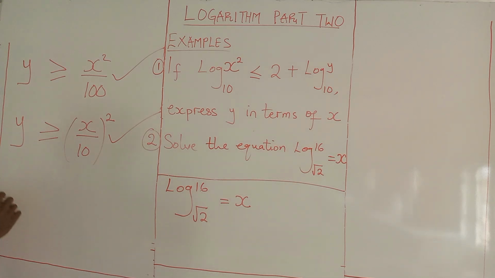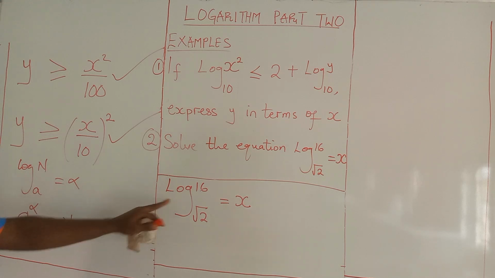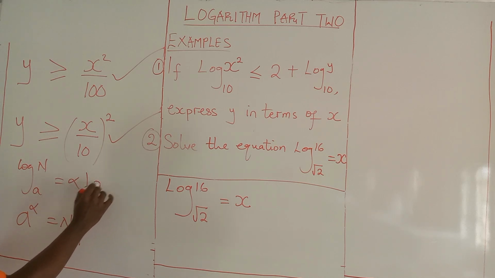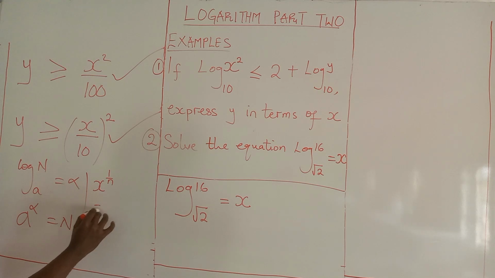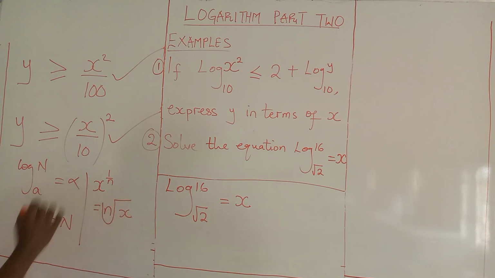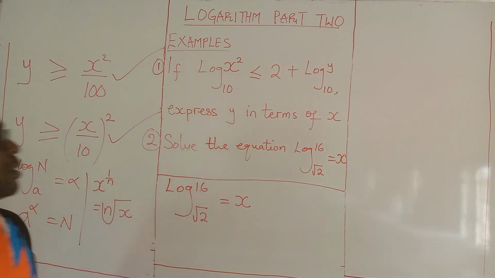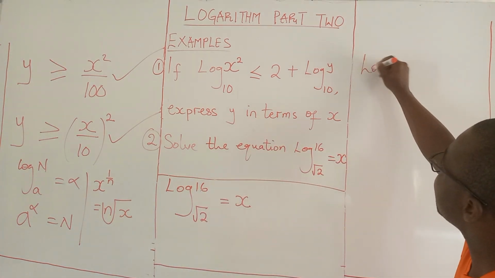Remember I said, if you have log n base a equals alpha, this is called a logarithmic equation, while in index form, it will be a raised to power alpha is equal to n. So this question is in logarithmic form. You can change it to index form and solve it. There is no problem. Or you can still use this approach. Laws of indices: x raised to power 1 over n is simply equal to the nth root of x. So the square root of 2 here simply means 2 raised to power 1 over 2. Meaning, I can express that question like this. Log 2